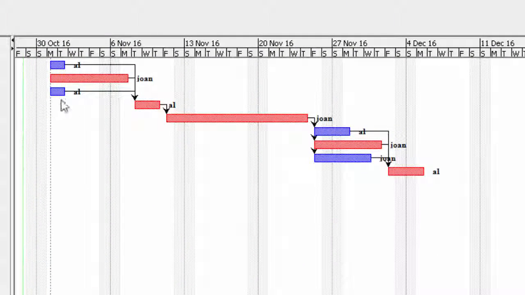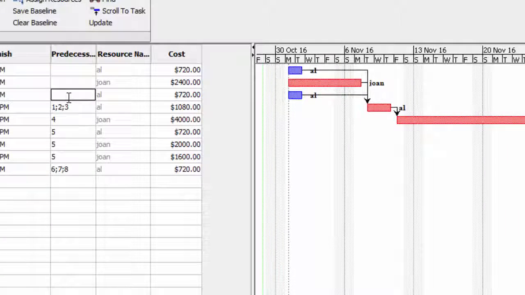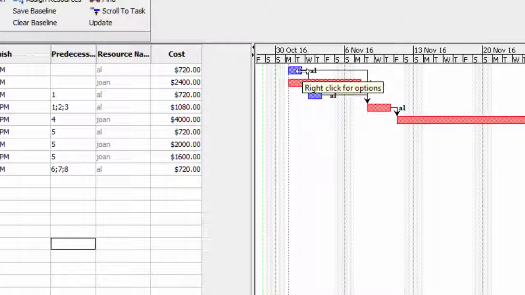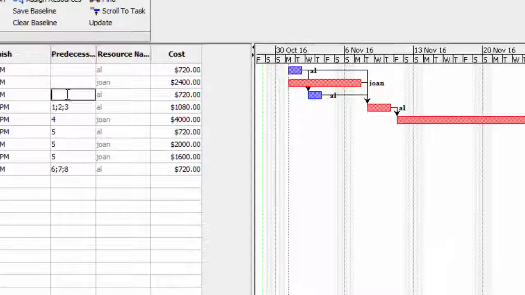If we wanted to put this task number 3 after task number 1, we could go to task number 3 and make number 1 a predecessor. Put 1 in there, and it moves immediately after task number 1. So task number 3 comes right after task number 1. So we can move it manually with the cursor. We could use a predecessor, or